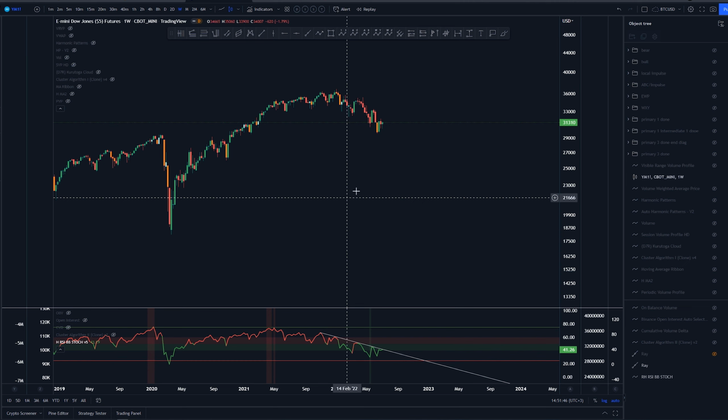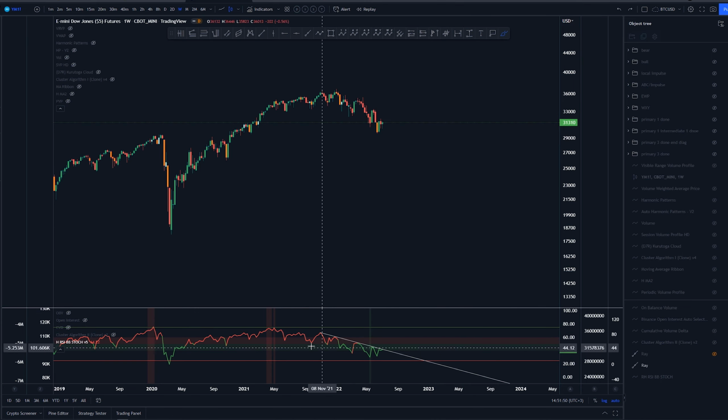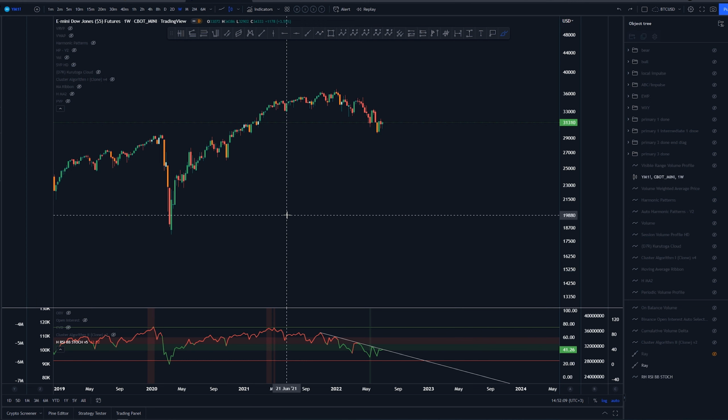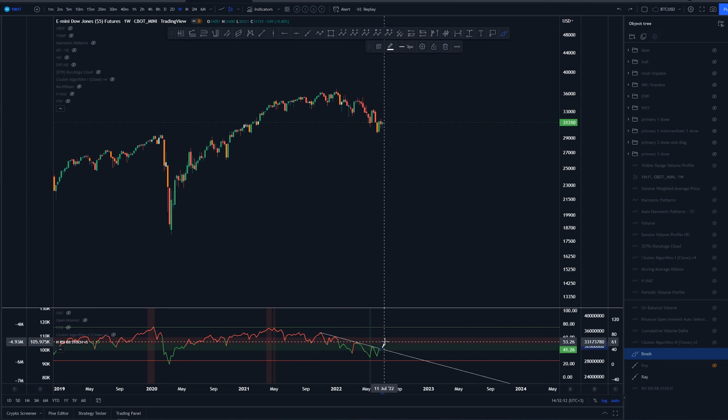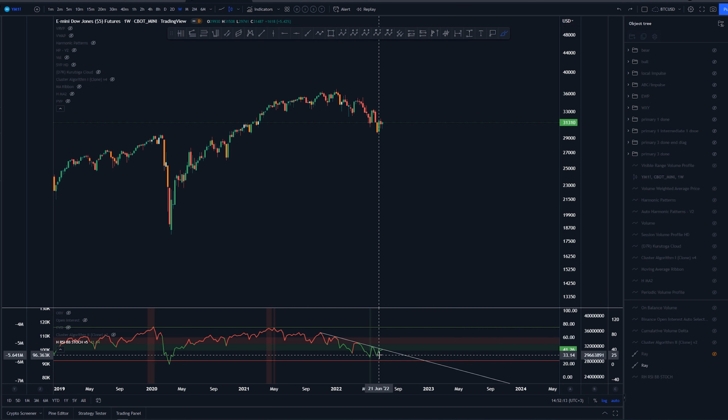Starting here on a weekly time frame, we've had this trend line in place for some time now. Again, same as with other indices, we are very close to testing this trend line, or we are testing it right now. So the open on the next week is very important. Whether we're going to be breaking this trend line here on a weekly or not, we'll see. But again, if we do, it could entail that we have had some kind of bottom in place down here